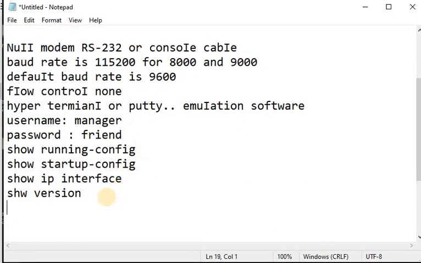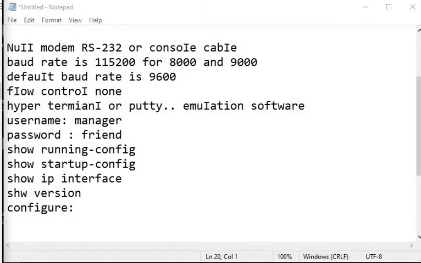Next we read about the configure command. When you type the configure command, you will be in configuration mode. Configuration mode is the one you use when you want to make some changes in the configuration file. You will type configure and press enter, and you will be in configuration mode.